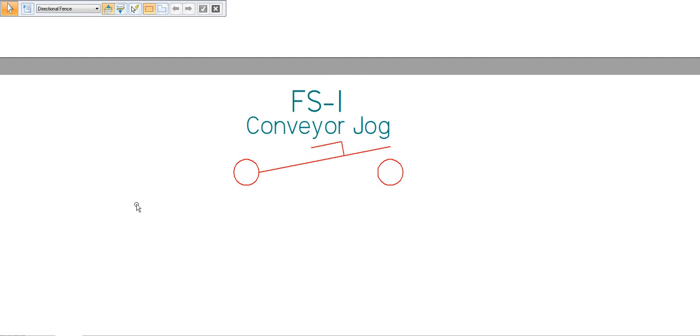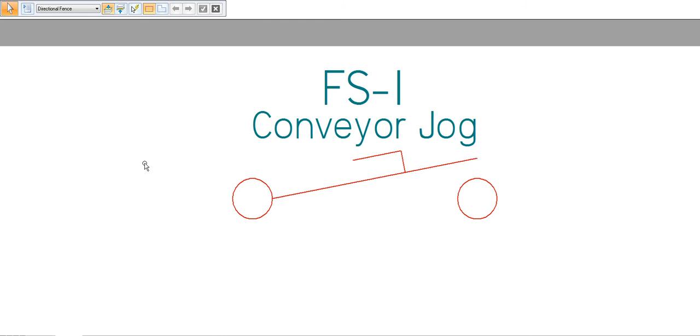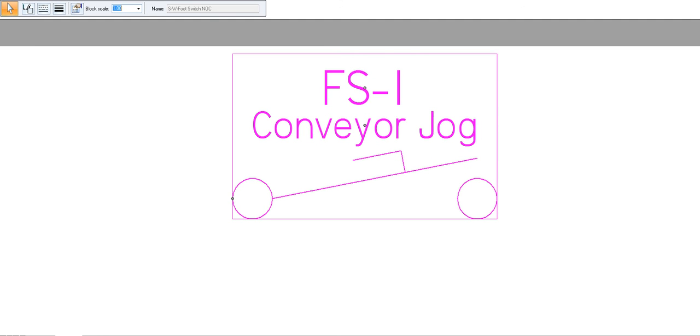Now I would like to put it in my permanent library for future use, and there's a couple of ways of doing this, but quick and easy, select the block, come up here to the top, up here to the home tab, hit the copy command, and that's a clipboard copy, so it sent it to the clipboard area of memory. Now we go to my library. I would find my electrical symbols folder,